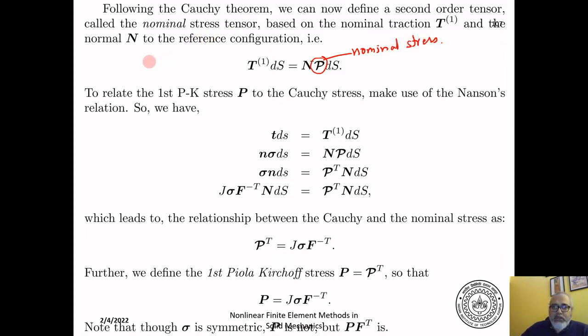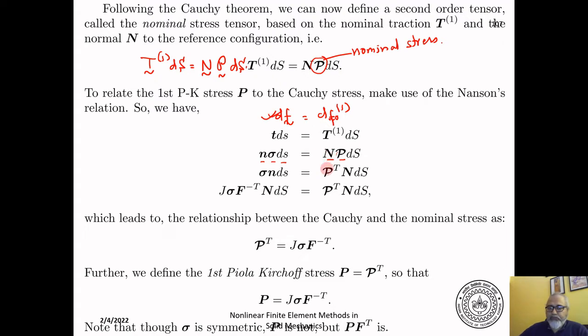And therefore, T1 dS is equal to NP dS, which is what follows from the Cauchy principle now applied to the reference configuration. And we have already made the assumption that point to point dF is equal to dF naught. dF naught is T1 dS, and dF is t dS. Small t is n sigma dS. T1 is NP dS. We still don't know what this P is, but we are going to find out from